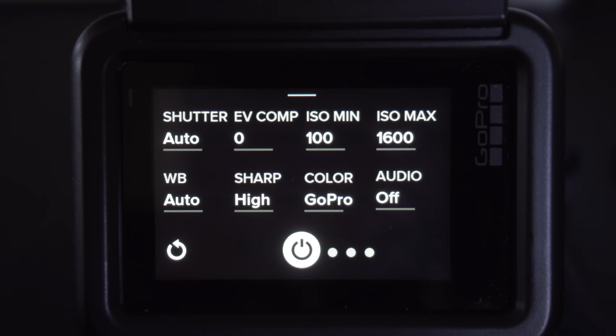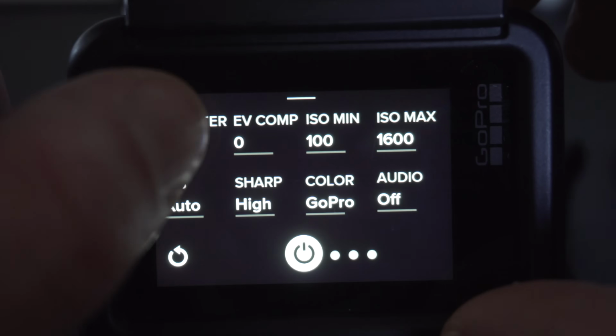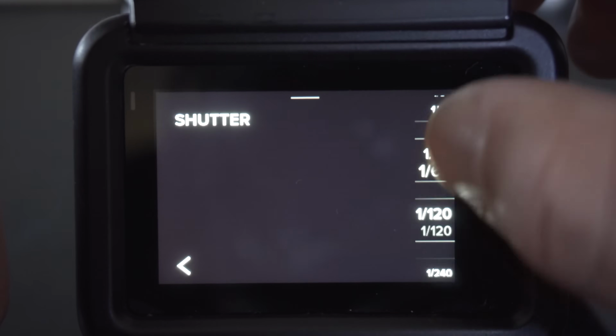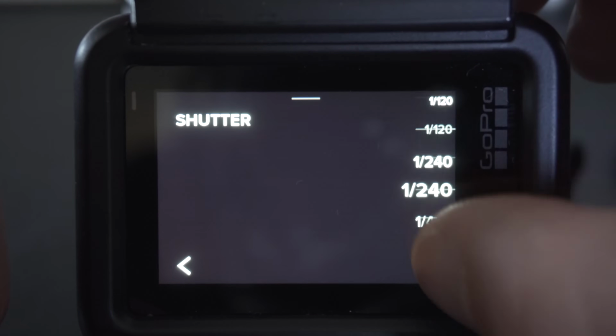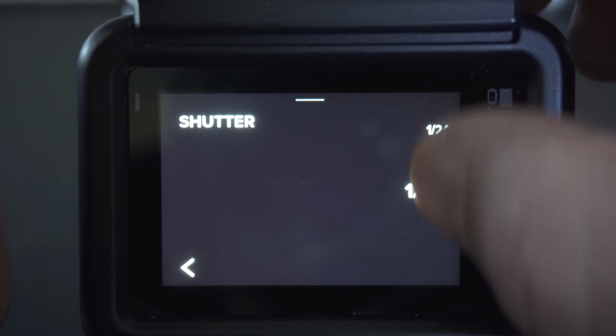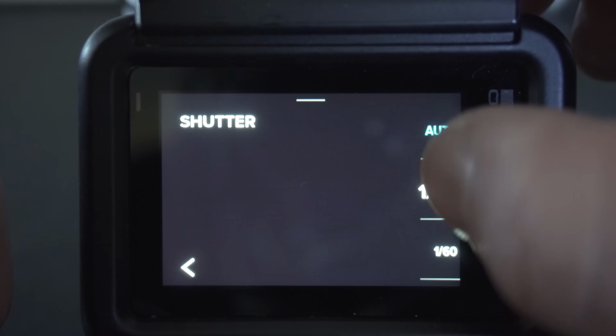The first setting we can make refers to the shutter speed, that is the length of the exposure time. Basically, the longer the exposure time, the brighter the image. The shutter speed affects not only the exposure but also the motion blur. For video recording, the optimum motion blur is obtained when the shutter speed is twice the frame rate. If you shoot at 30 frames per second, the shutter speed should be at 1/60th of a second for optimal